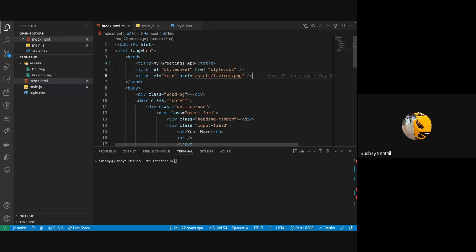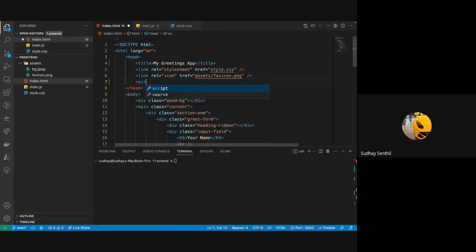How do we do that? We use the script tag. Okay, JavaScript. So it's going to stand for script. So we are going to be using the script tag. With the script tag,